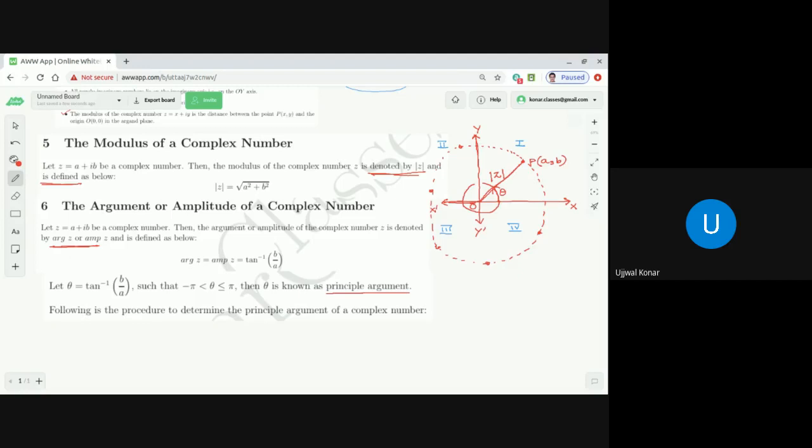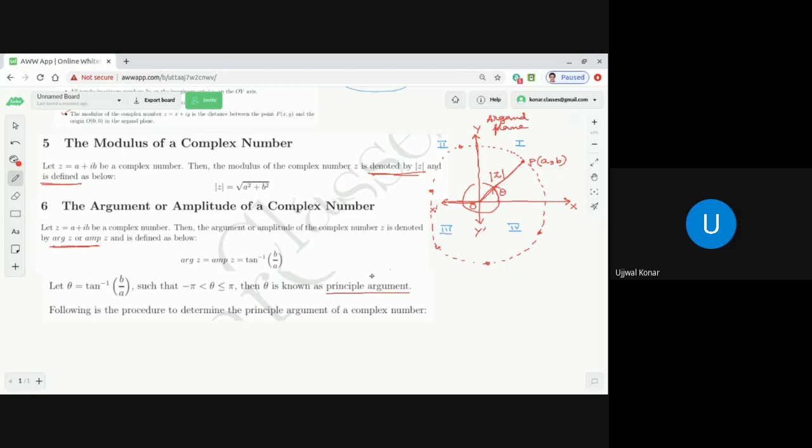Now what I am going to tell you, dear students, is that there is a very common question generally asked: find the principal argument of a complex number. Finding the principal argument of a complex number is very easy when the complex number is in the first quadrant in the Argand plane. This is the Argand plane, correct, dear students? This is what is called the Argand plane. Argand plane or complex plane, whichever way you want to say it. Just a minute, let me write properly. This is known as the Argand plane or complex plane.